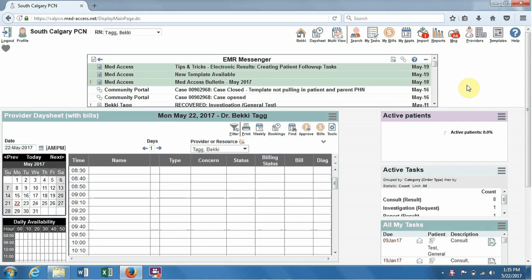In this video, I'm going to show you how to set up CDS alerts for patients who are due for weight. So let's say that Dr. Tag wants to start screening for weight and wants you to set up an alert to show you when patients need their weight done. So first we go to reports